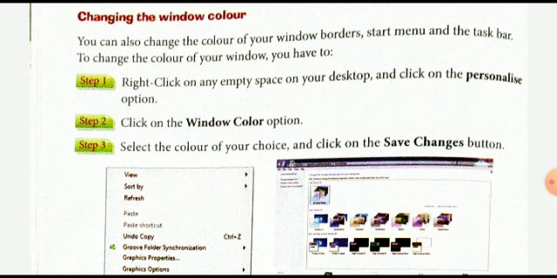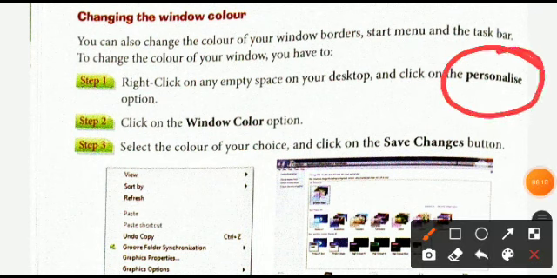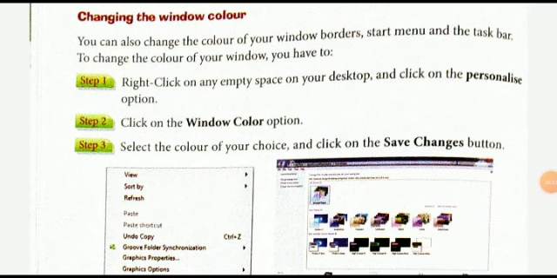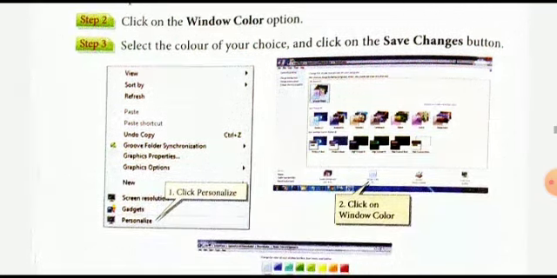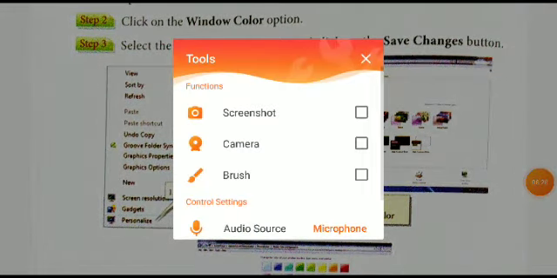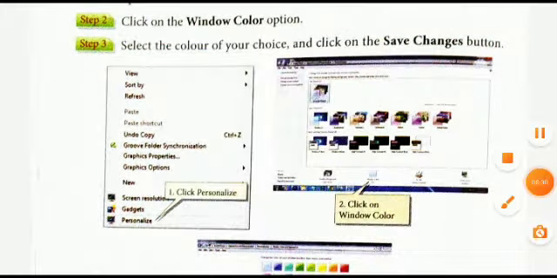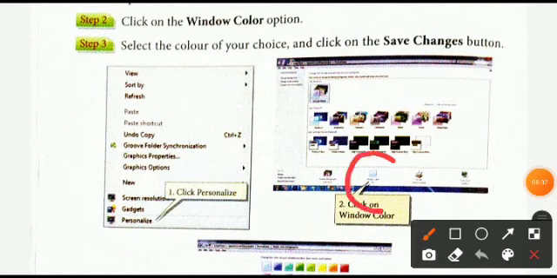So to change the color of your window, just right click on the empty space on your desktop and click on the personalize option and click on window color option. Okay, there is a window color option in the personalize option.